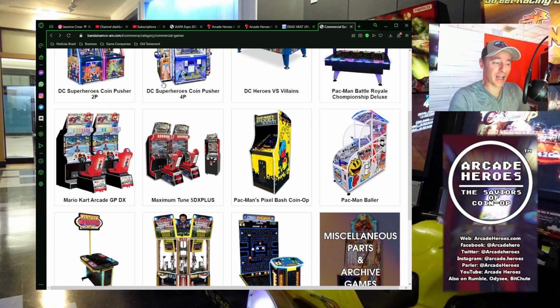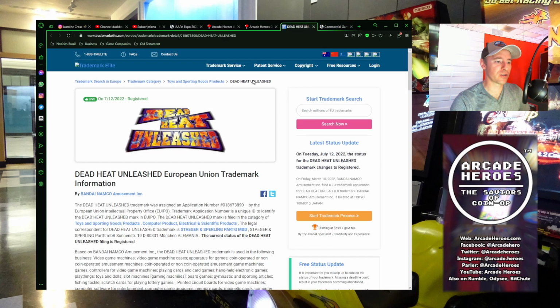My best guess is that this Dead Heat Unleashed will be at IAAPA 2022. 99.9% certainty on that one. Now, I did reach out to Namco about this after JDevi pointed me to the information, but they did not respond, and that is normal, but everything that I'm using here is public, and we do have video footage